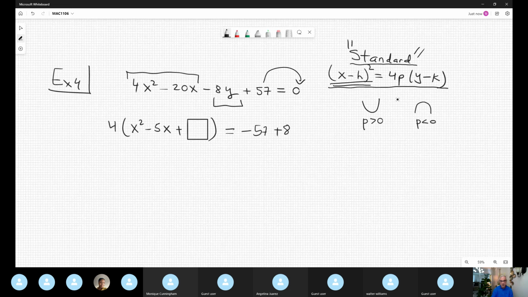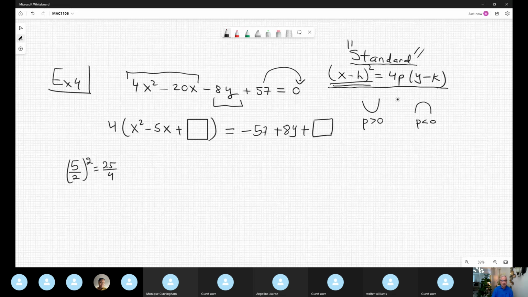Plus, another box, which is not necessarily the same as this number, because remember we have factor 4 here inside. How do you find the magic number? You take b, which is 5. I don't care about the sign, positive or negative. You divide by 2. Always divide by 2 and square. So 5 squared gives 25 and 2 squared gives 4. So the magic number now is